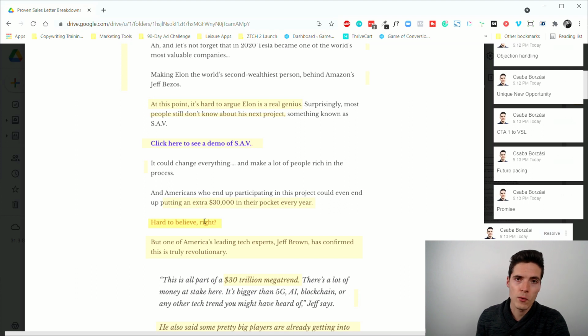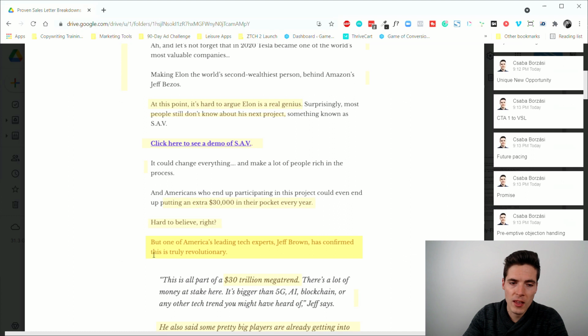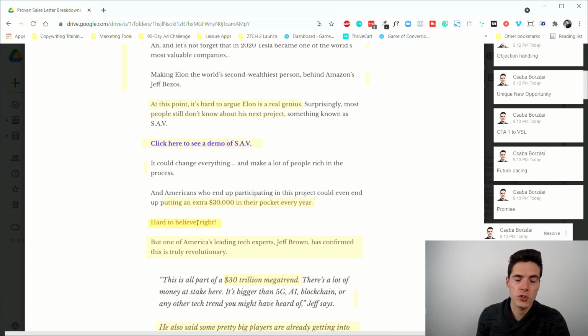So this copywriter who wrote this, I don't know who wrote this, but it was extremely professional because everything just clicks and everything is at the right place at the right time. So then we continue. But one of America's leading tech experts, Jeff Brown, has confirmed this is truly revolutionary. So we immediately get a proof after the promise, because after the promise we have a headline, which is like a question, which preemptively even asks the objection that our target audience is thinking, and then we follow it up with